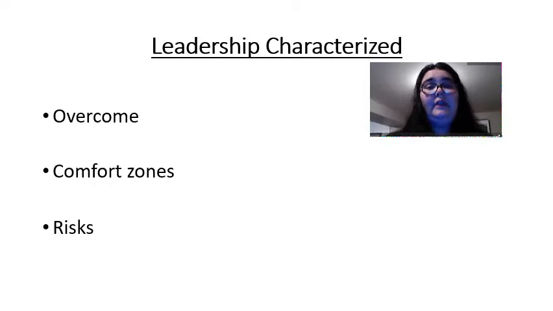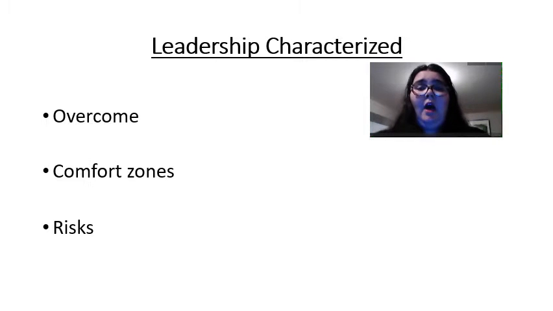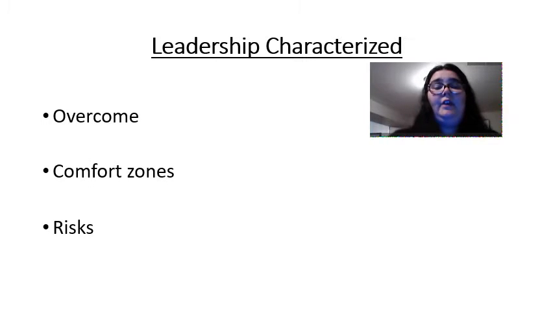When characterizing leadership, we often look for leaders that overcome hardships and they also overcome their fear of failure by allowing people to learn from the failures that they have experienced as well as letting them try again. Moving out of their traditional comfort zones allows for more open mindedness in the workplace. Offering risk taking as an option rather than risk aversion raises the game personally and encourages others to do so.